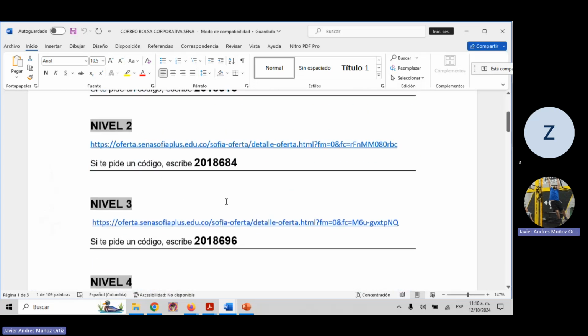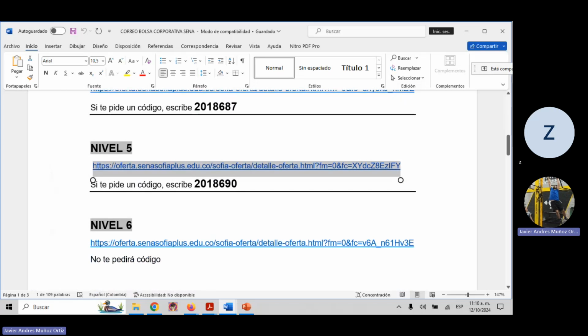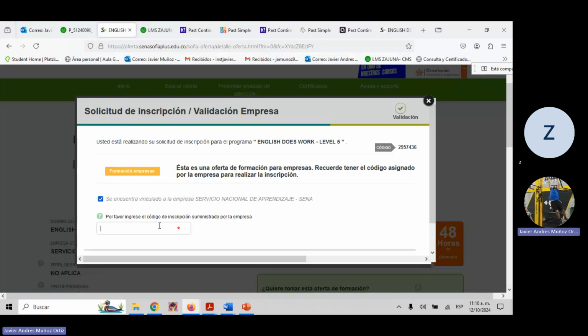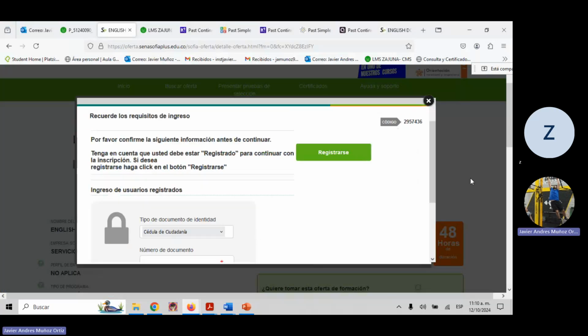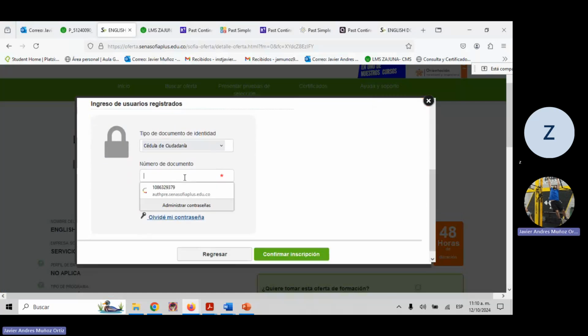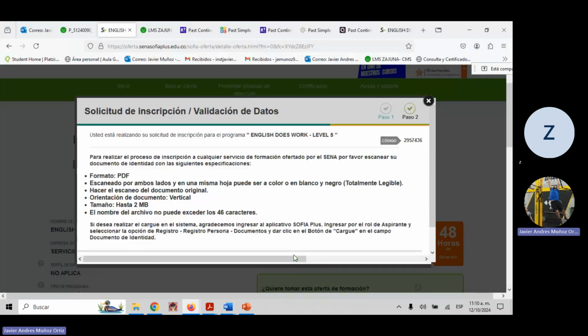But because I understand you are going to enroll in level 5, we're going to type 2018-690. After that, we click on next. We type our credentials once again, so our ID number and our password, and then we are going to click on confirmar inscripción. In my case, I'm not going to be able to advance because I am the instructor of these levels, therefore I'm not capable of continuing with the inscription, but after this page,